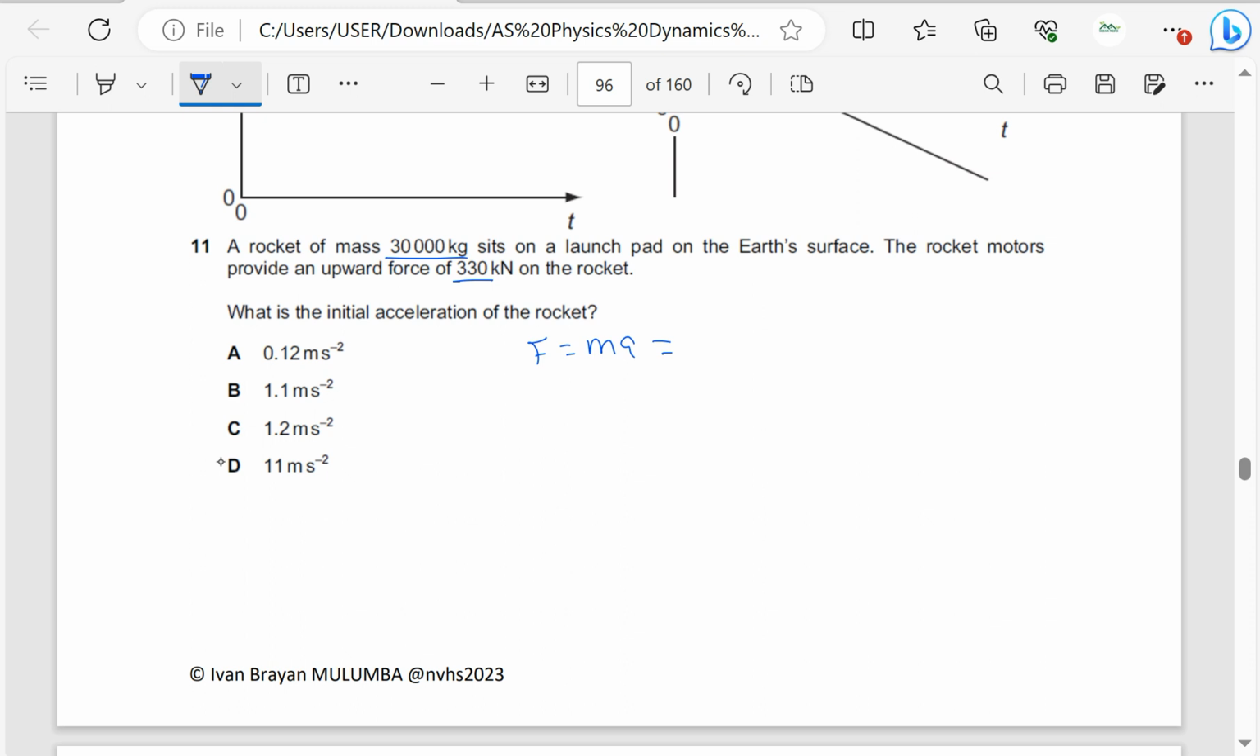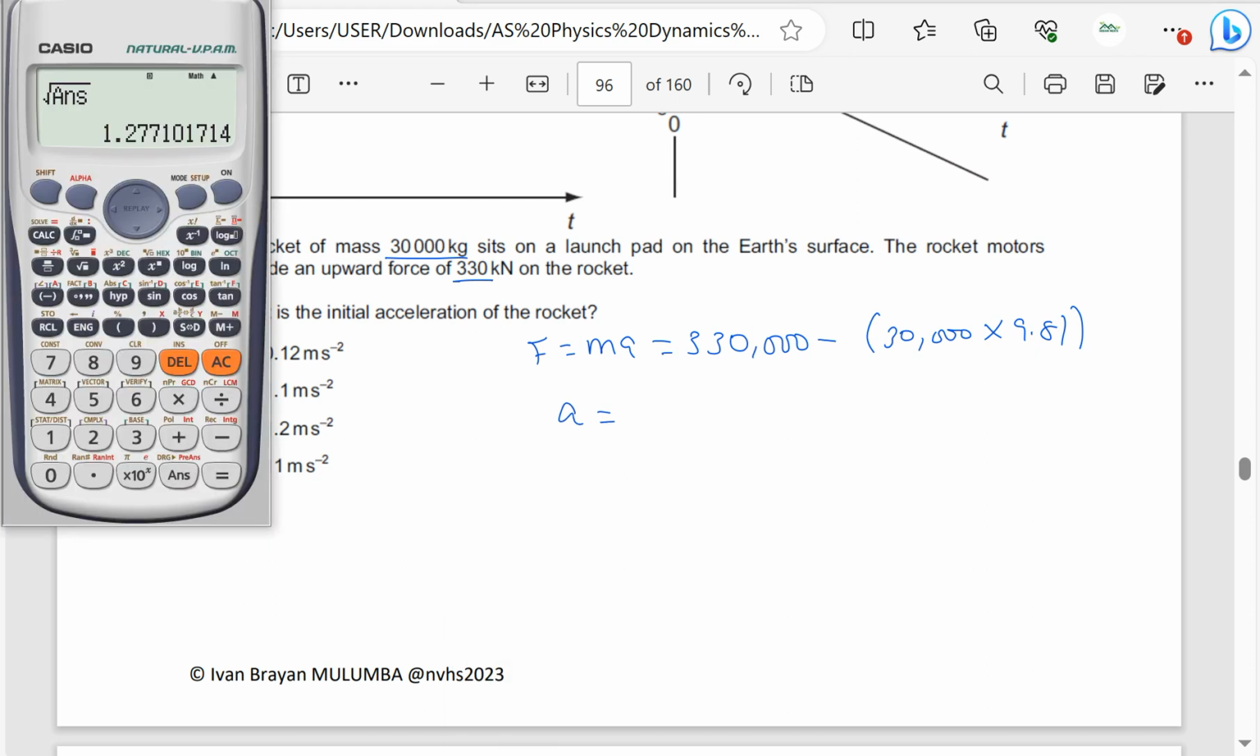So the resultant force, because the rocket motors provide an upward force of 330,000 newtons, is 330,000 minus the force acting in the opposite direction, which is the weight: 30,000 times g, which is 9.81. So for the rocket's upward motion, this is the force upwards and then the weight downwards. So the resultant force is the force upwards minus the weight downwards. So it means the acceleration is going to be equal to the difference